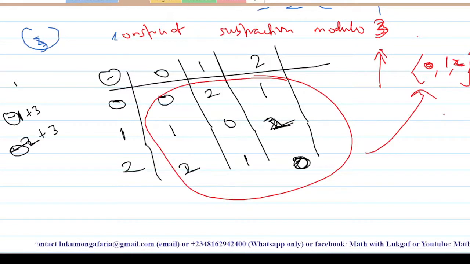So this is how you are going to construct a subtraction table in any modulo. The difference is that if you want to construct it in modulo 7, your residues will be the numbers between 0 and 6, for the top row and the left-hand column, before you carry out the operation.